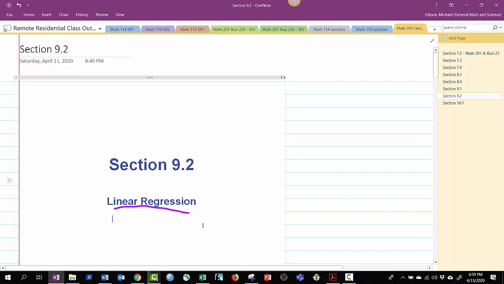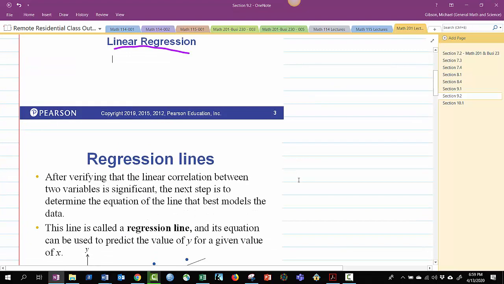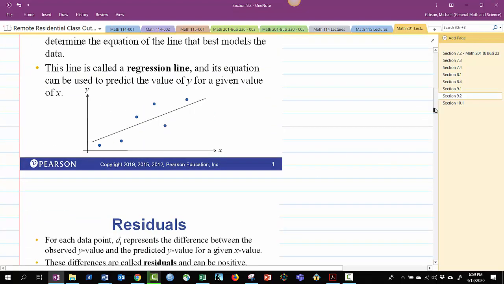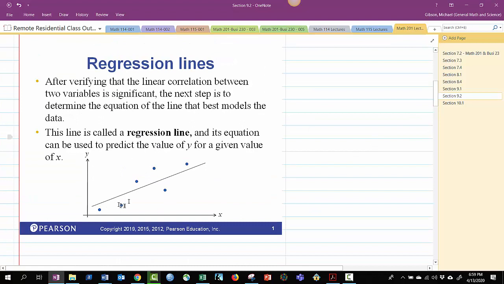Okay, so in 9.1 we talked about correlation and how to tell if there's a relationship, and the measurement of it, the r, which is the correlation coefficient for the sample, and rho, the correlation coefficient for the population. Now we've got our data points, and the points are scattered, and we ask: what is the very best line that we could draw that matches up with the points? Officially it's called a regression line,